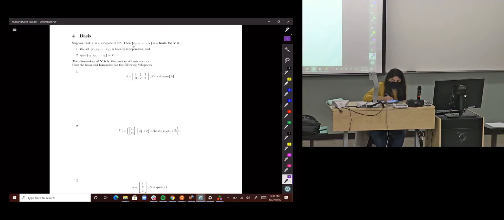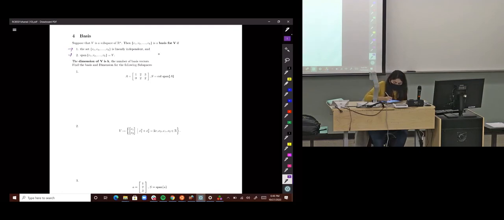So any set of elements V1 to Vk are bases for any subspace V if they satisfy these two properties. So the set V1 to Vk, which we are trying to see if it's a basis for V, if that set, first of all, is linearly independent, and the linear combination of that set can give me all elements in V. So the span of the set V1 to Vk is V,